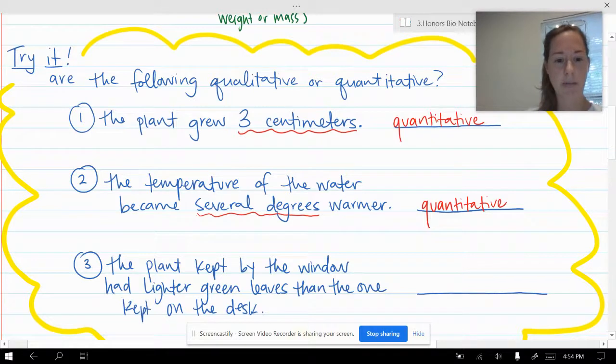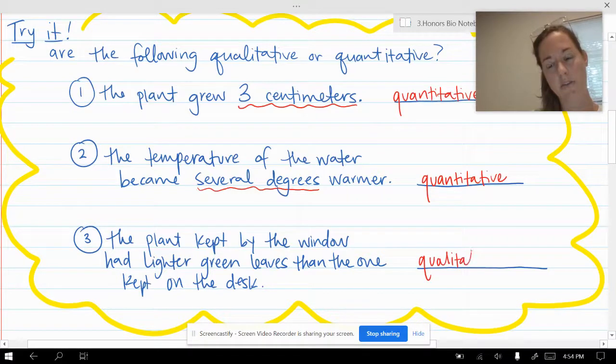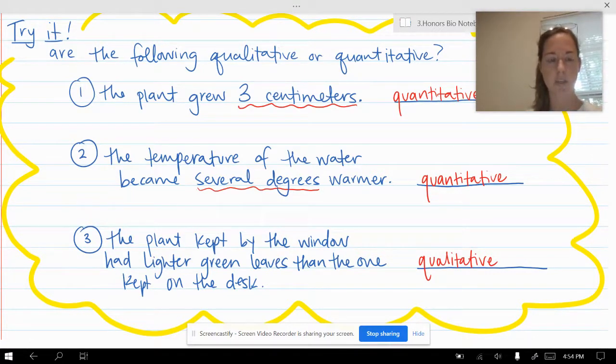And then finally, the plant kept by the window had lighter green leaves than the one kept on the desk. This is related to color, so it's a quality. Qualitative. So all of these things are useful as data. They're just different types. So we'll practice more with this later on, but once you get the hang of it,